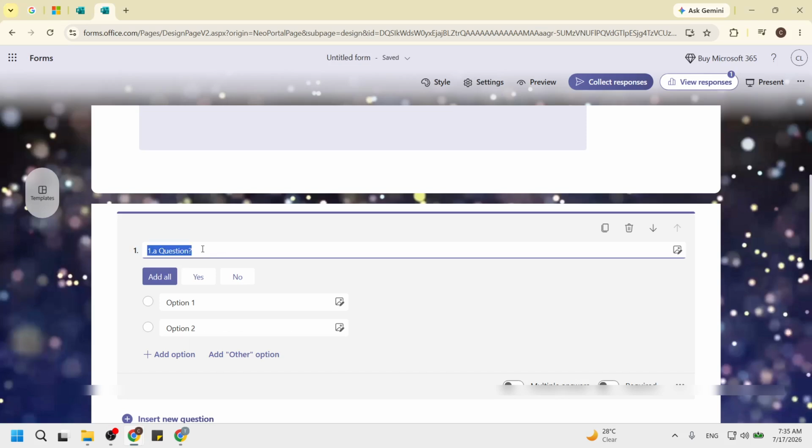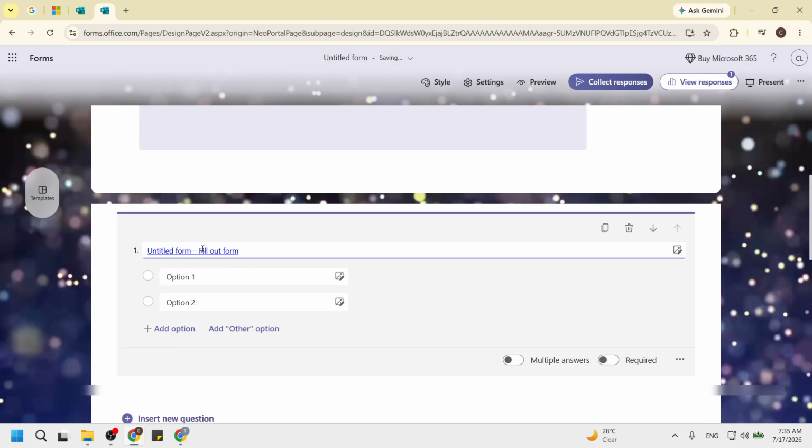Now, paste the complete web address. Make sure to include the https prefix, for example, https://google.com. To paste, you can right-click and select Paste or use the keyboard shortcut, which is usually Ctrl and V on Windows or Command and V on Mac. This step is crucial because omitting the prefix may result in a broken link. When you paste the link, you should see the entire URL in the text box. Take a moment to double-check that the link is complete and accurate.